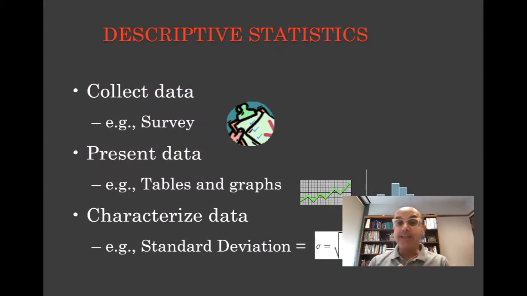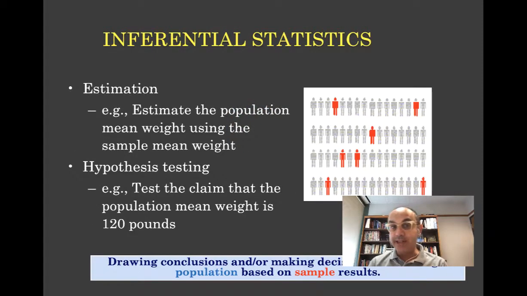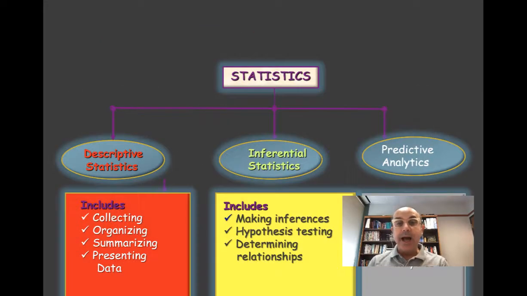Descriptive, as most of you probably already took a descriptive course at the university, is about a survey, collecting or presenting the data in a table or graph, and trying to come up with a standard evaluation such as standard deviation in order for us to have some understanding of the nature of the data. Inferential statistics is about taking a sample out of the population in order for us to estimate the population mean, and also to test hypotheses. What is the idea of testing hypotheses, and how do we go about it? As I said,